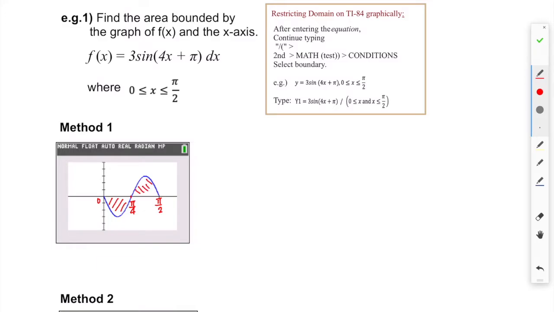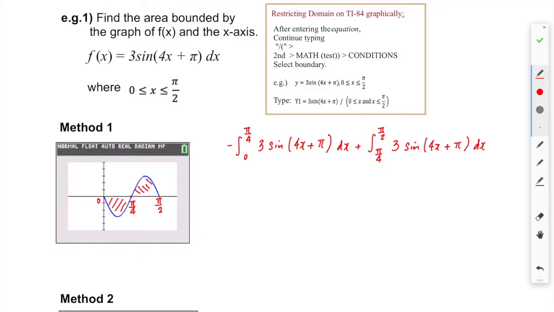Okay? So I really need to take the negative of the integral from 0 to pi over 4 of 3 sine 4x plus pi dx, plus the integral from pi over 4 to pi over 2 of 3 sine 4x plus pi